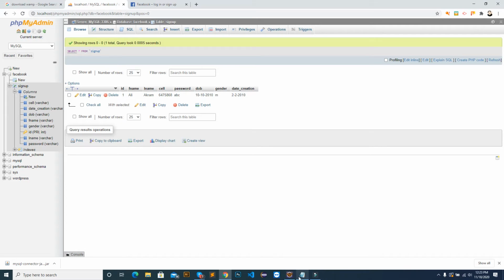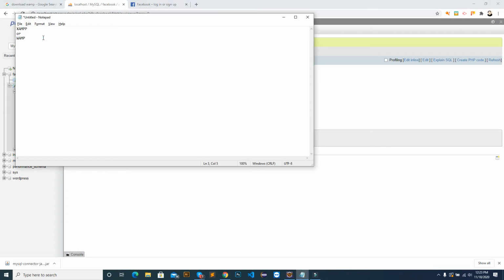So there is a term we use in the database. We have in the SQL, we have select statement, we have insert statement, we have update statement, we have delete statement, right? So these are the statements you should know. Okay, we have used select, we have used insert, we have used update, and we have used delete. So see, in the simple term we use CRUD application. CRUD means create, R is retrieve or select, U is update, and D is delete.